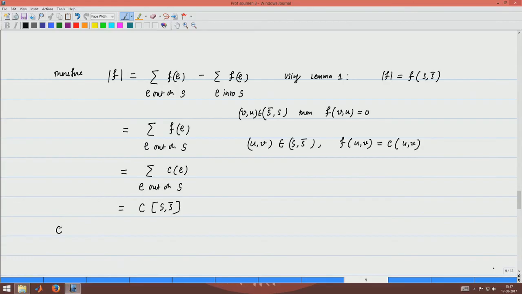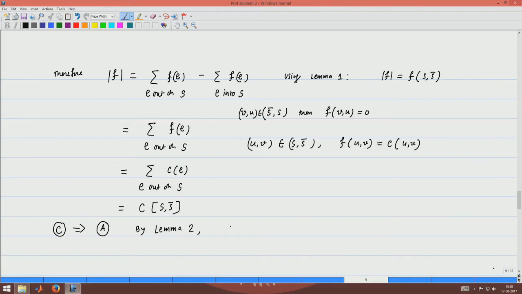The last part that is left is that we have to prove that C implies A. Okay. So, the last one is C implies A. That is what we have to prove. Okay. C implies A. Now, by lemma 2,